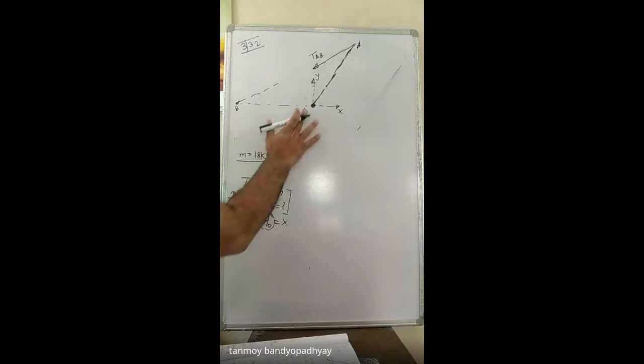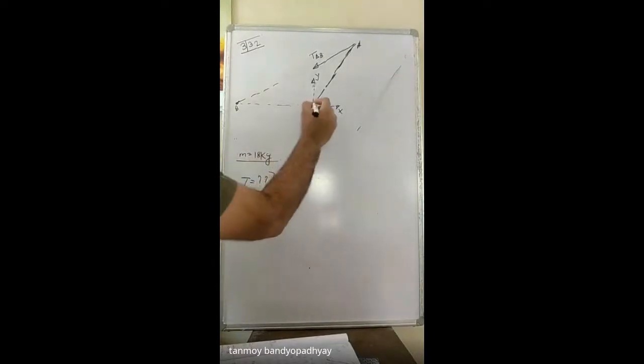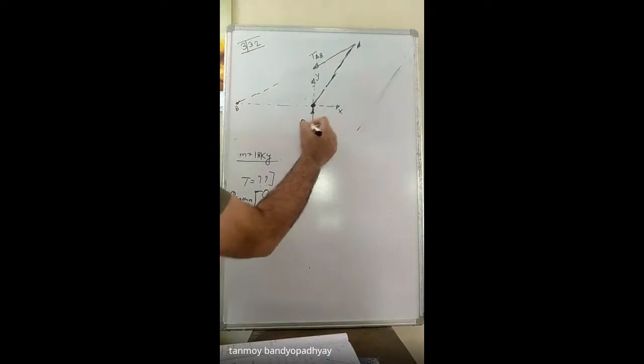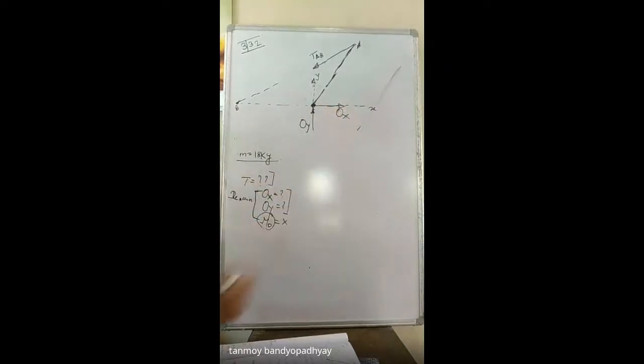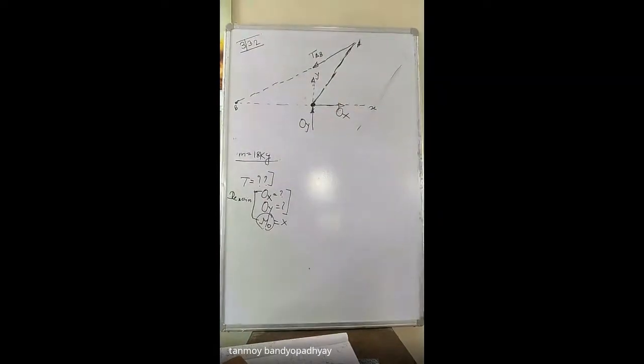And what are the forces? We should be having two reaction forces. Suppose this is OY, and along the X direction we will be having a reactive force OX. These are the two reactive forces, OX and OY, set up at the point O, and the tension TAB, which will be acting along the wire or rope, I think it's a cable, along the cable AB. All these lengths are given.